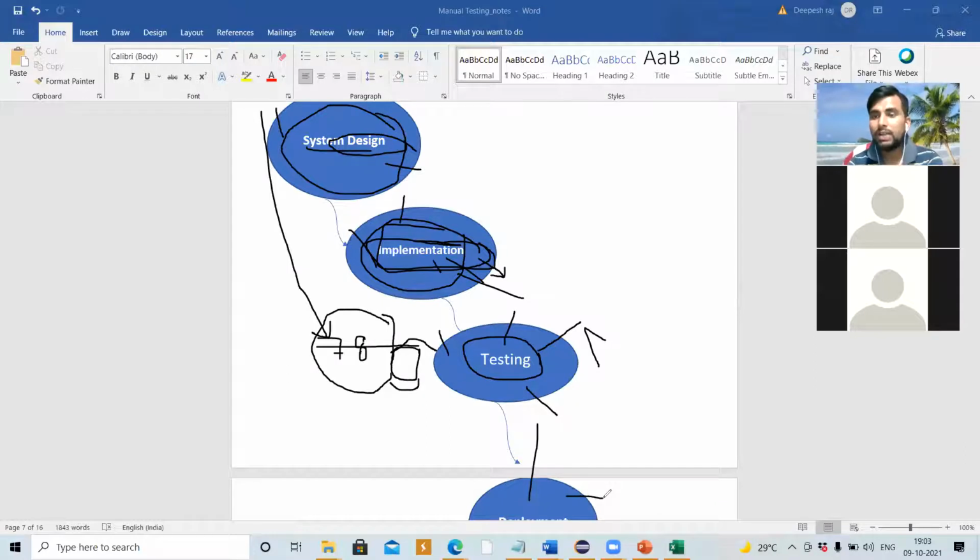The customer is going to find it, and that is not good for the company, because the customer will complain that I have given you the requirements, but you have not covered them in the application. So it happens. There is no proper review process, and requirement changes are not allowed in the waterfall model. So with these major disadvantages, they came across other models of the software development life cycle.